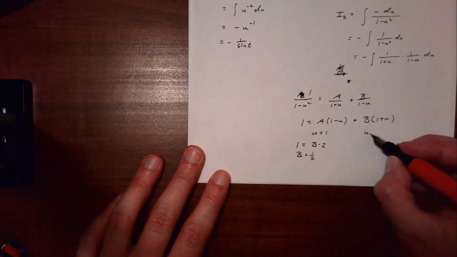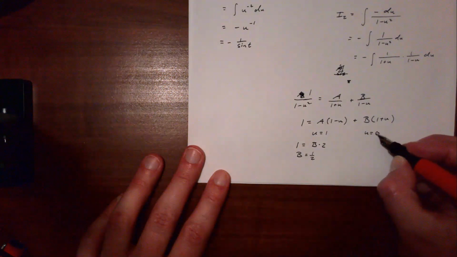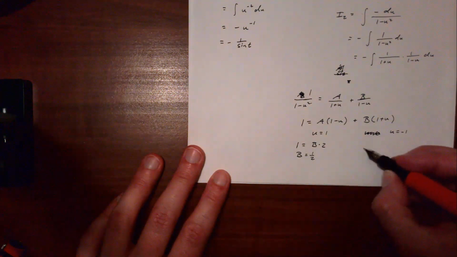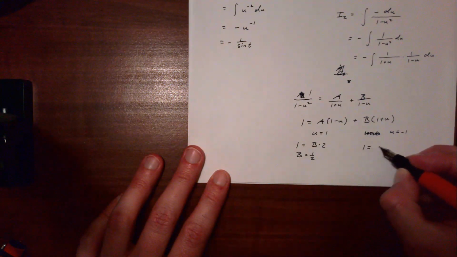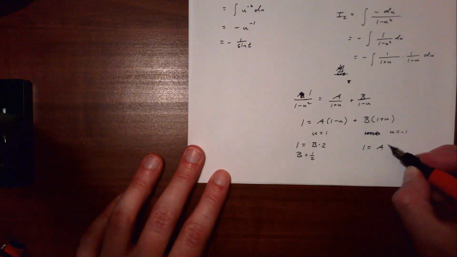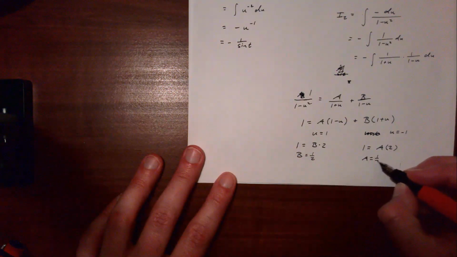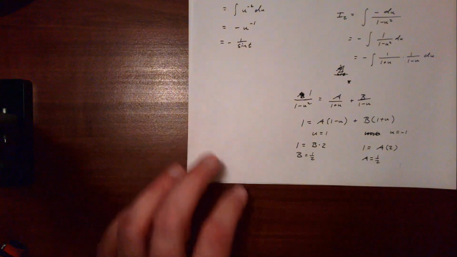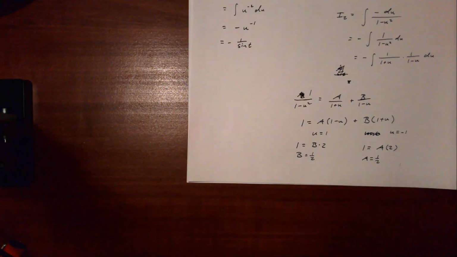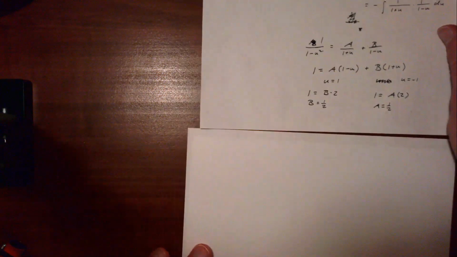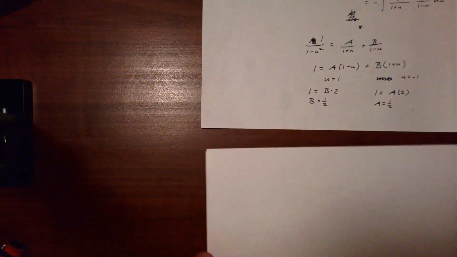If I say u equals -1, then I'll have 1 equals a times 2, and that means again a is going to equal 1/2. So, choosing those strategic values for u, that gets me to the point where now